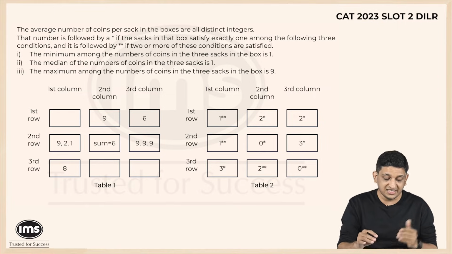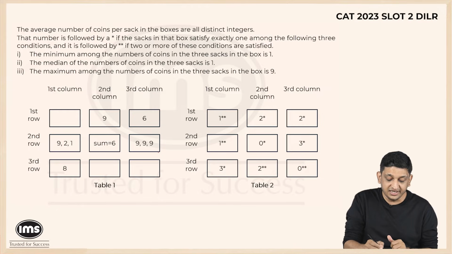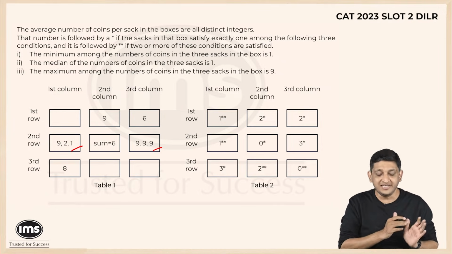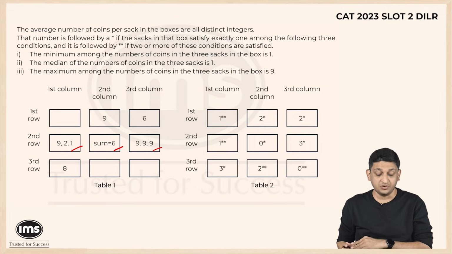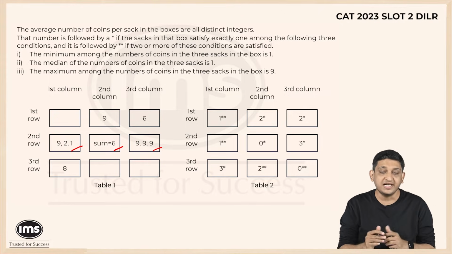Now we also know that the sum of the numbers in a particular row is 45. So in this context, I know that this is 27, I know that this is 12, 27 plus 12 is 39. So the sum of these 3 numbers has to be equal to 6. So that is another thing that we will be able to figure out, right? Now this is what we get in this particular context. Then what can we do?